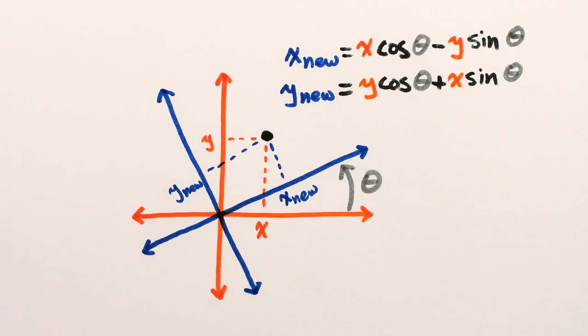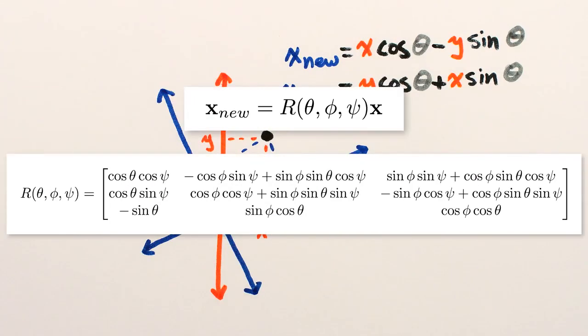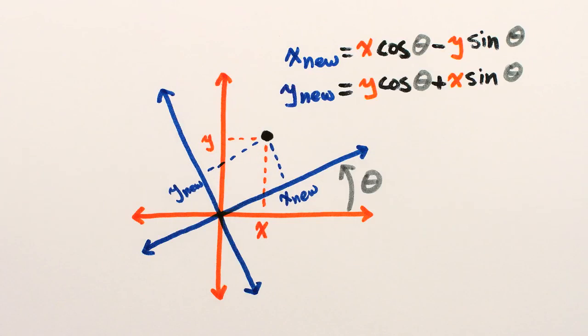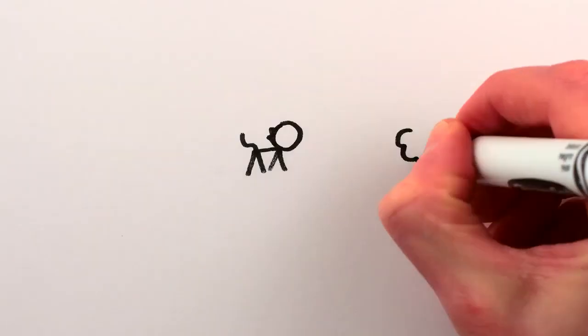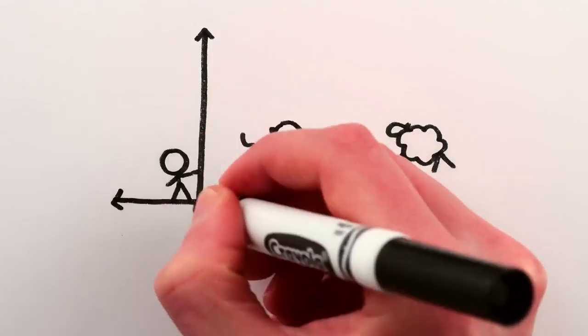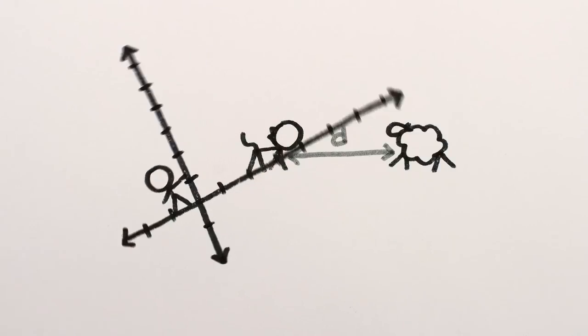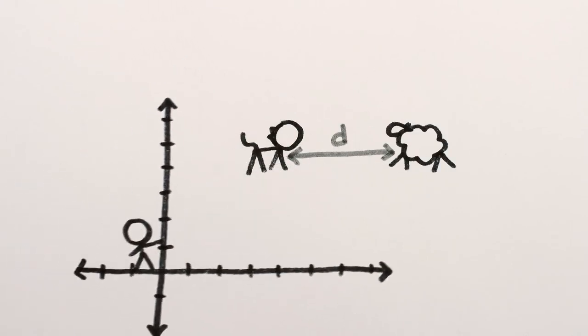And if you want a fun algebra exercise, you can use these equations, or even their 3D counterparts, to check that indeed the distance between 2 points doesn't change when you slide or rotate your axes. But the messiness of all the details here really clouds the simplicity of what's going on. The important geometric idea I want you to remember is that rotating and sliding axes doesn't change the distance between